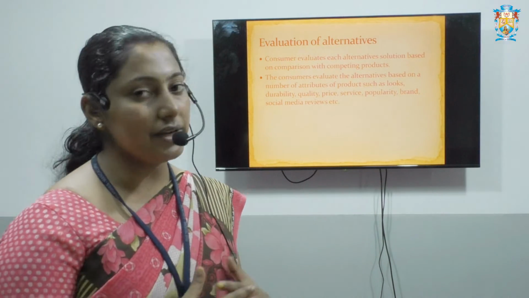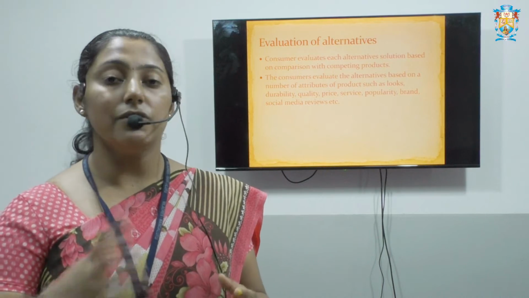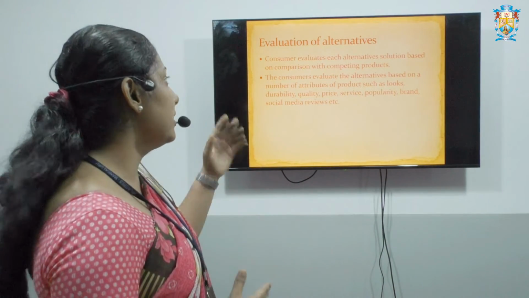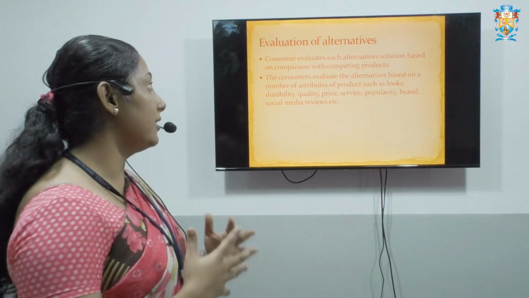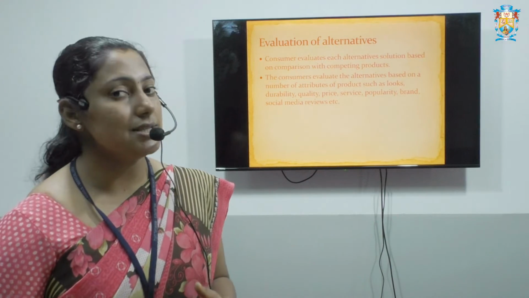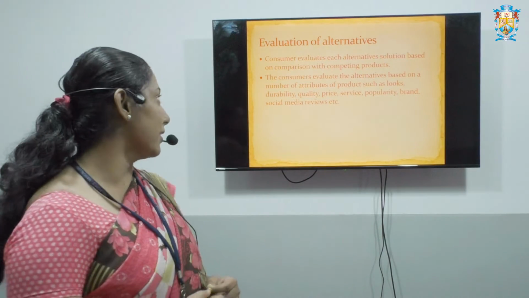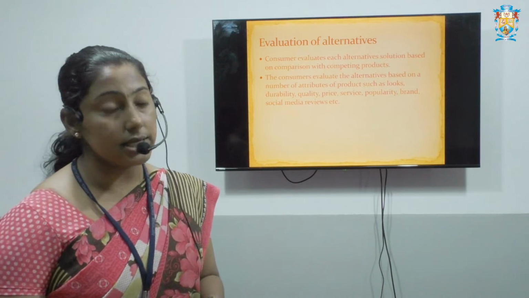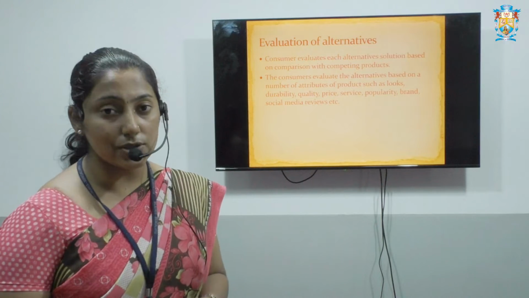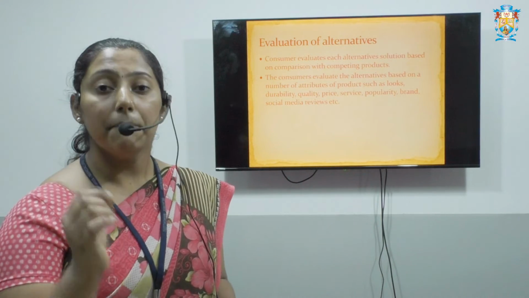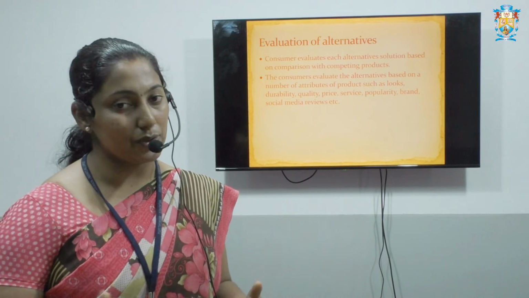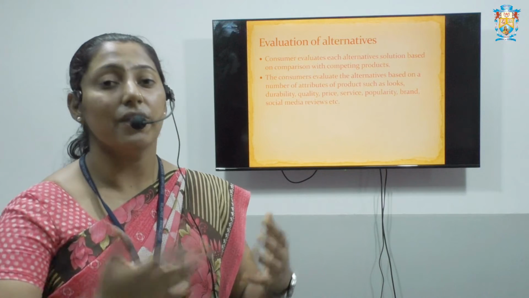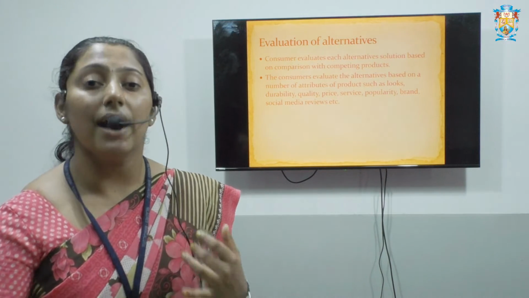So we will have different alternatives. Here we will identify which one is the best alternative. It says the consumer evaluates each alternative solution based on comparison with competing products. The consumer evaluates the alternatives based on the number of attributes of the product, by its looks, popularity, brand and many more. So when you are purchasing a product, if you find different alternatives, you will evaluate them by looking